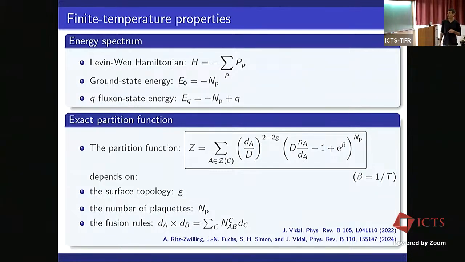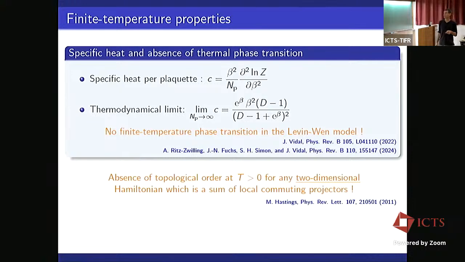So we have this partition function. So we can compute, for instance, the specific heat per plaquette. We can look at it in the thermodynamical limit. We have this very simple expression, which only involves the total quantum dimension of the Drinfeld center. So you can see it's amazingly simple. And this tells you that there is no finite temperature phase transition in the Levin-Wen model. So you may say, okay, it's a sort of no-go theorem. Is it really interesting? We will see that we can go slightly beyond that. And I just wanted to